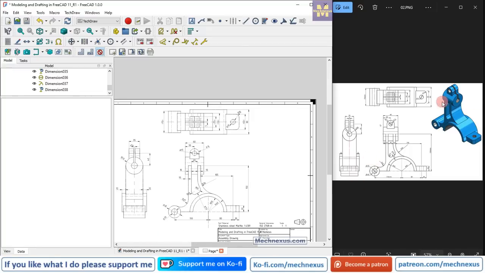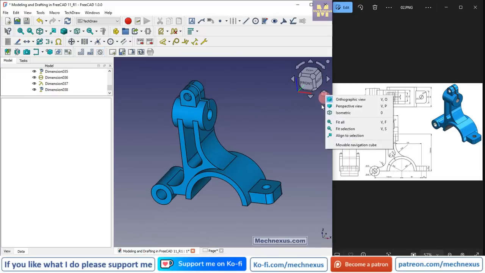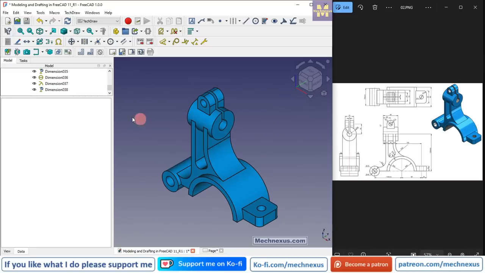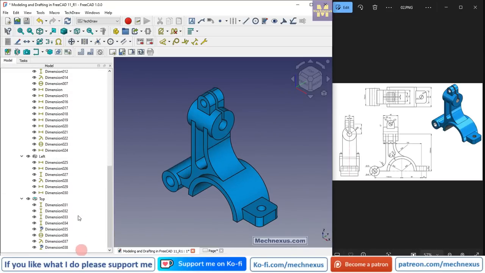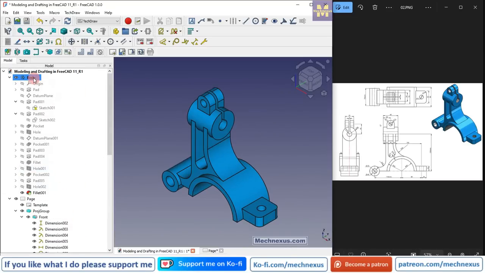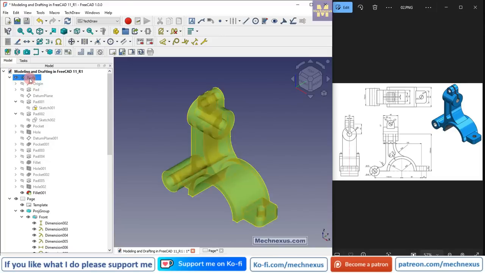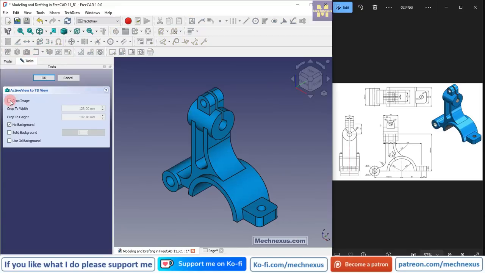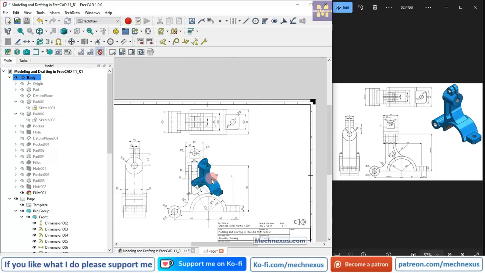And now we will insert the isometric view. So we will go to the model tab, switch to fit all and set our model to isometric, and we have selected our body here. Make sure your body is active and click on insert active view, and from here click on crop image so that we get options to customize the border of this view. Click on OK, and now switch to the drawing view. So you can see that